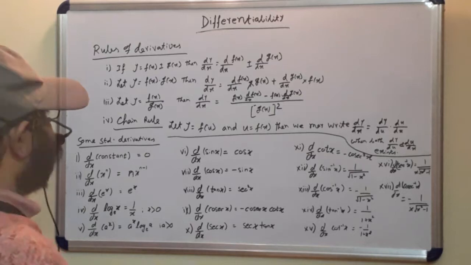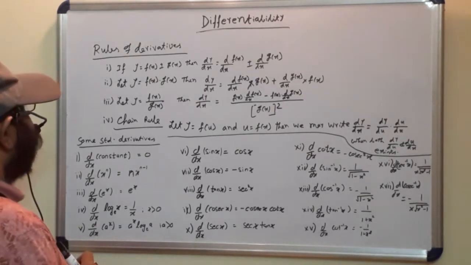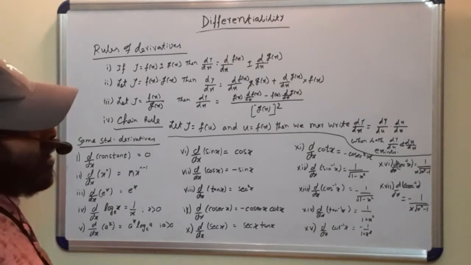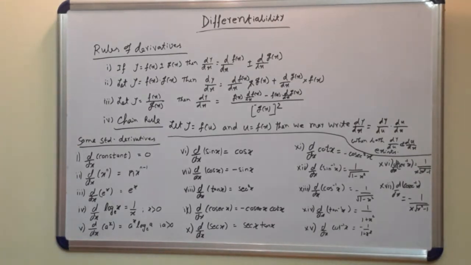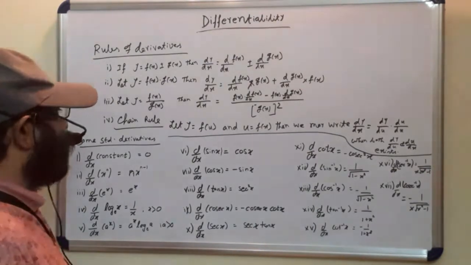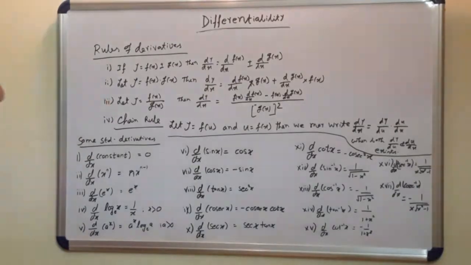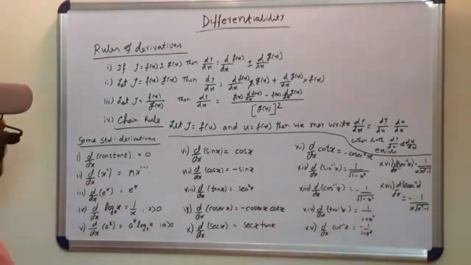Friend, in the last session we have learned what differentiation is and how it is defined. When given a function, we can tell whether it is differentiable at a particular point or not, that is, if the left hand derivative is equal to the right hand derivative. That is the precondition of differentiability of a function at a particular point.